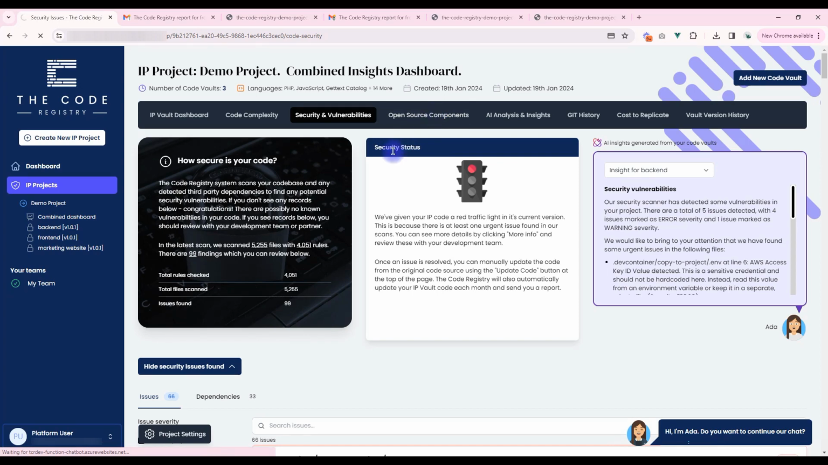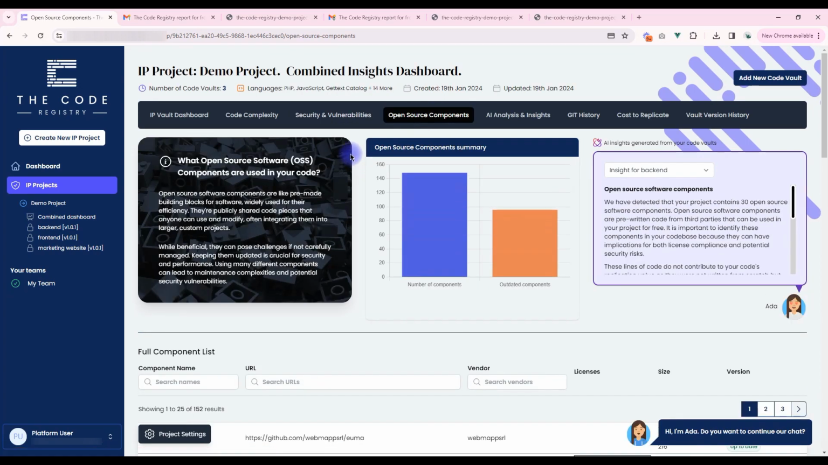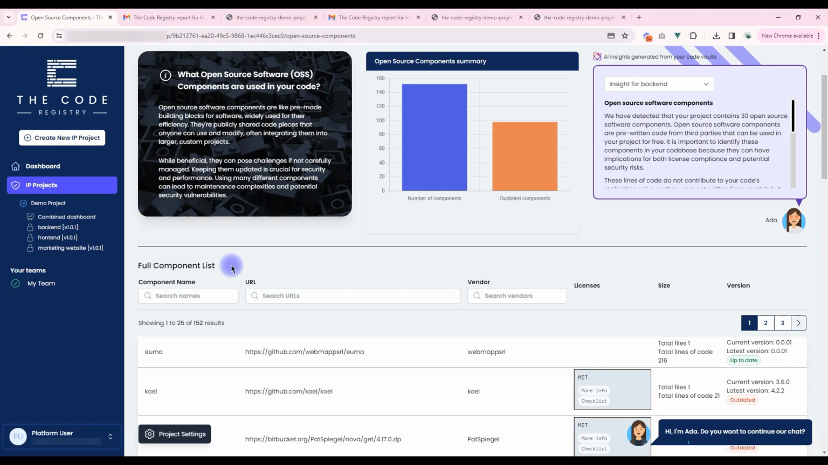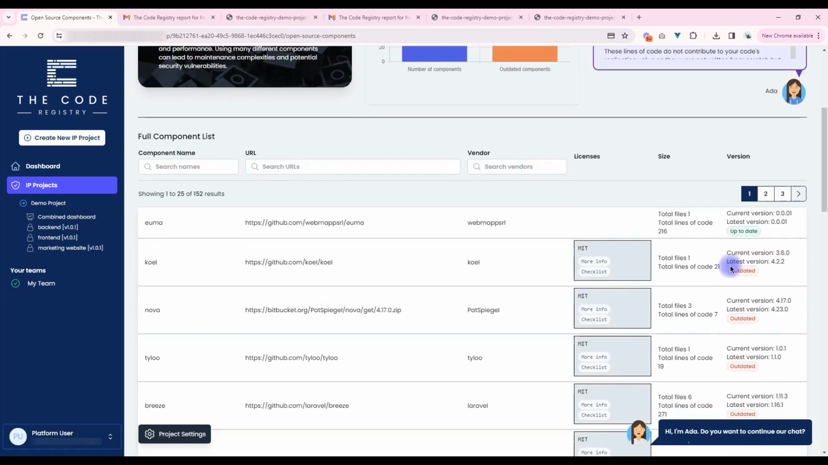On our open source components page, our system has built or generated a complete SBOM, which is a software bill of materials. So this is a complete mapping of all third-party packages and dependencies used in your code, and then we've used that data to analyze which packages are outdated, how many there are in total, how many are outdated,